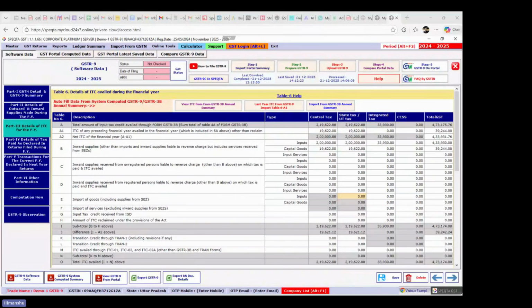और डिफरेंस में आपको मेंशन करना चाहिए कि ये आरसीएम की लायबिलिटी, 24-25 की आरसीएम की इतने रुपए की लायबिलिटी, आपने नेक्स्ट फाइनेंशियल ईयर के अप्रैल, मई, जून, जुलाई, अगस्त, जिस भी महीने के 3B में पे करी है, वो मंथ मेंशन करिए और उसके साथ वहां पर लिख दीजिए कि ये 9C में रिपोर्ट करना चाहिए।